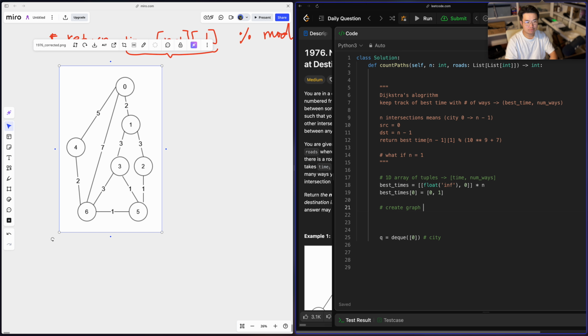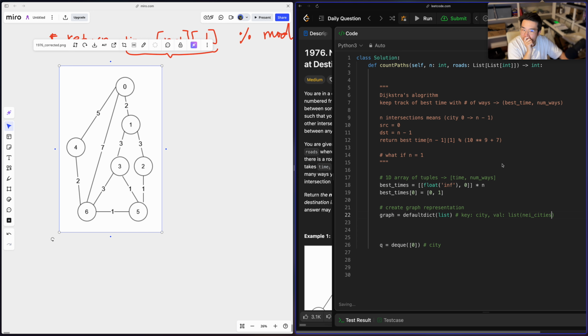create graph representation using an adjacency list, which is a default dict of a list. The key can be the city, and the value is going to be a list of a bunch of neighboring cities. Yeah, so we just do, what is it, roads? So for u, v, t